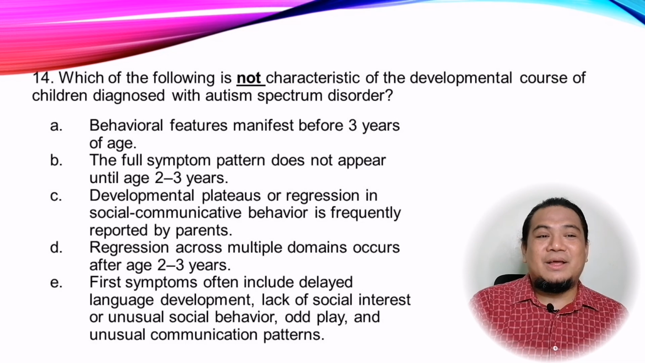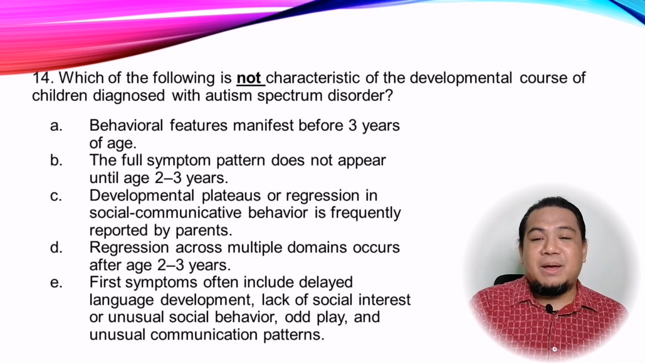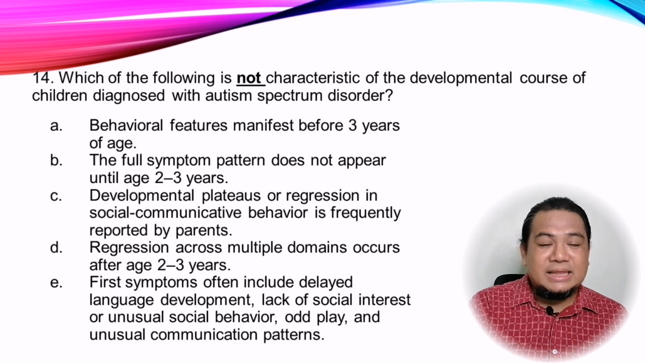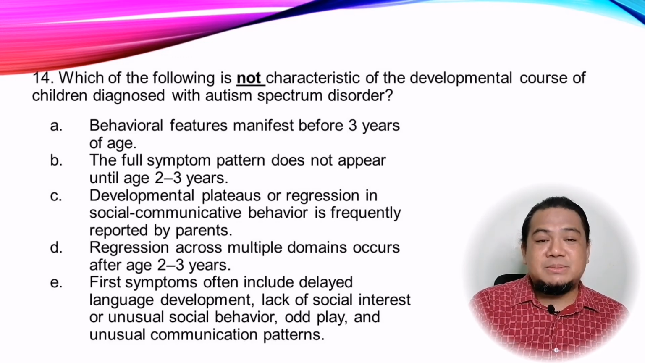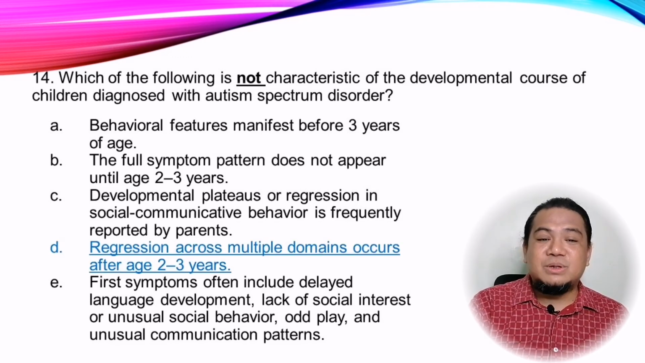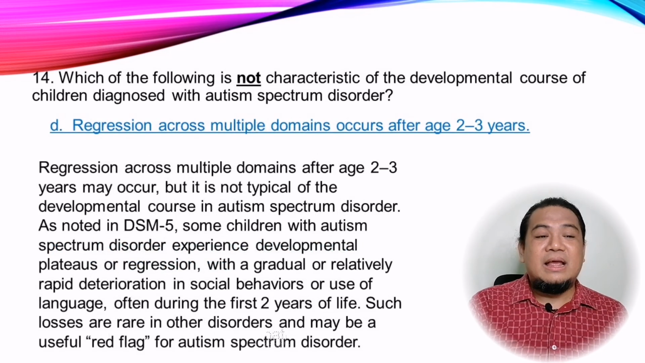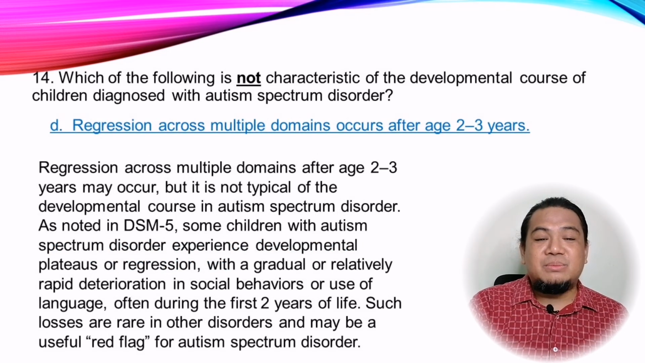Number 14. Which of the following is not characteristic of the developmental course of children diagnosed with autism spectrum disorder? And the answer is letter D. Regression across multiple domains occurs after age 2 to 3 years. Regression across multiple domains after age 2 to 3 may occur, but it is not typical of the developmental course